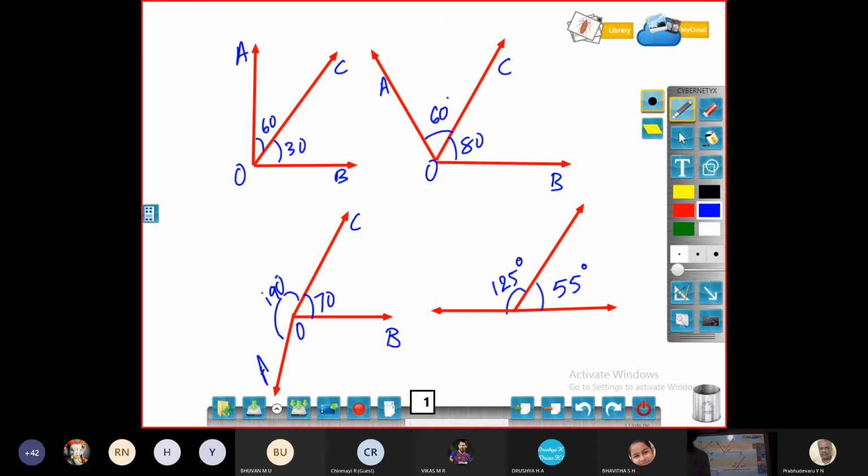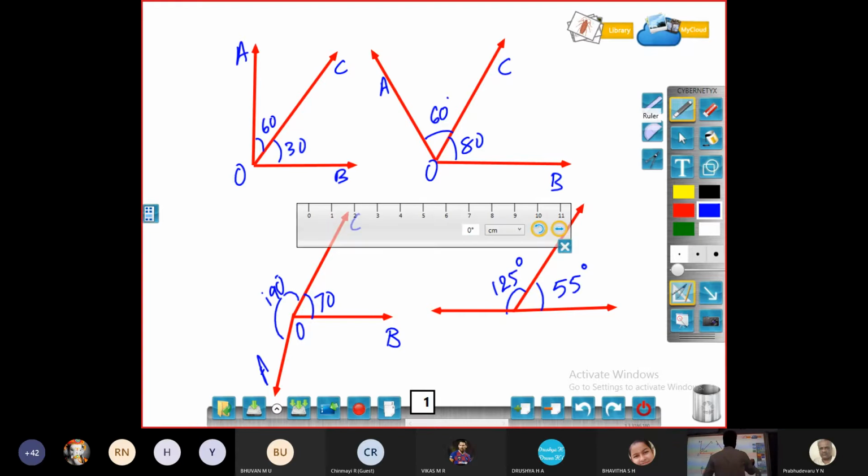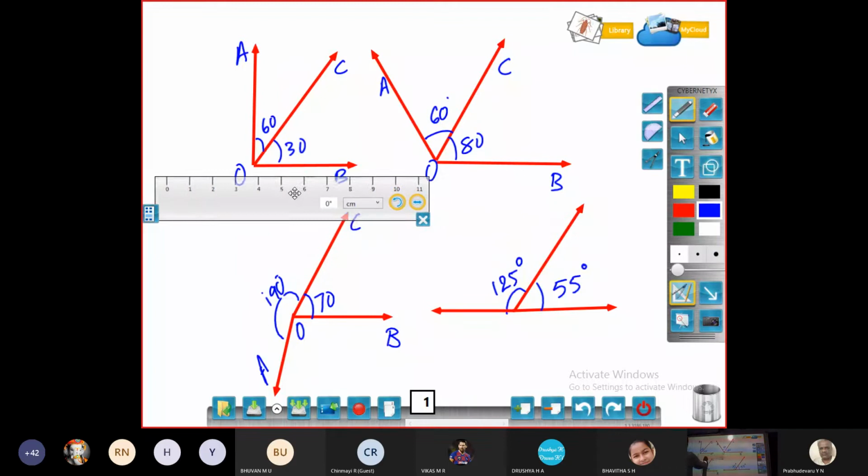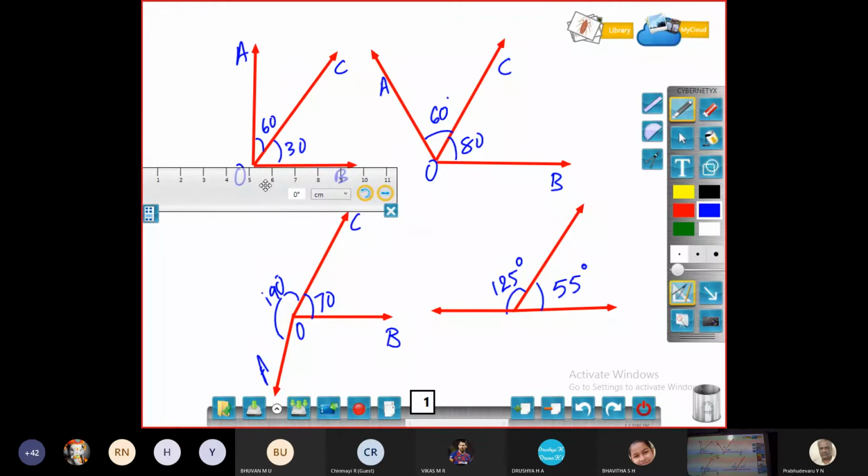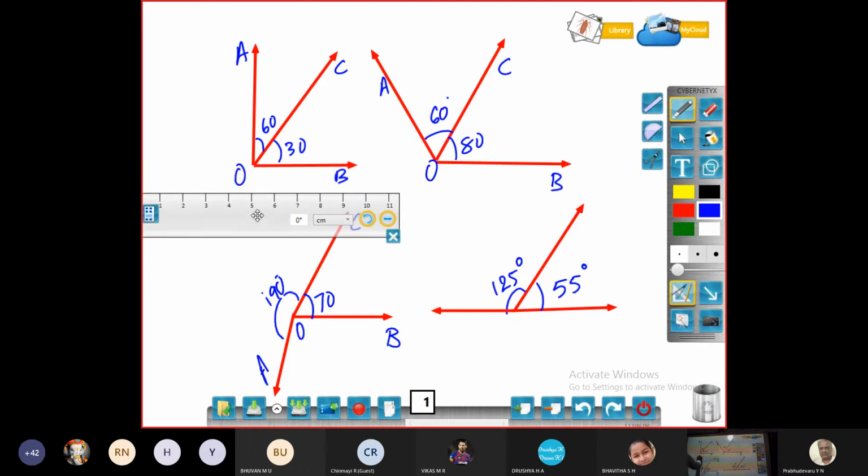Now we have taken 4 pairs of adjacent angles. Observe this. I have taken a scale, look at this. Here 30 degrees and 60 degrees are not forming 180 degrees, therefore you are not getting a straight line. OB and OA are not opposite each other. As per axiom 6.2, if the sum of two adjacent angles is 180 degrees, then the non-common arms of the angles form a line. But here, the non-common arms OC and OB are not forming a line.